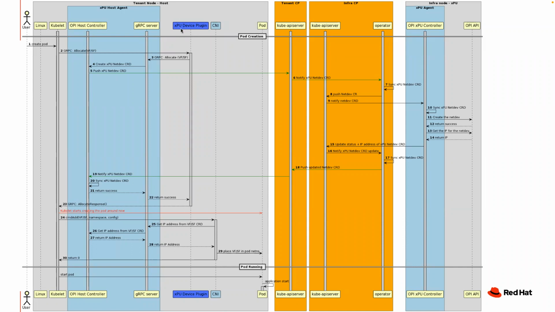So in our case, this XPU device plugin is essentially scanning the host system to understand what VFs are available on the host. It then creates a pool that it advertises back to the kubelet, and then the kubelet knows that when it wants to allocate a pod that wants to leverage DPU networking,